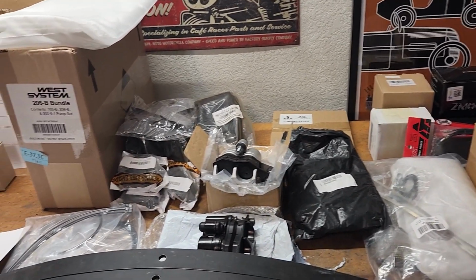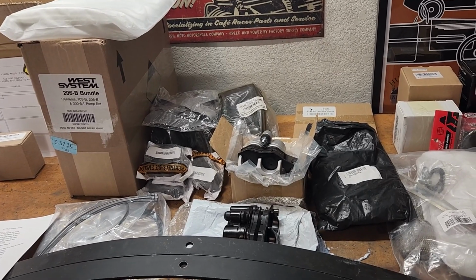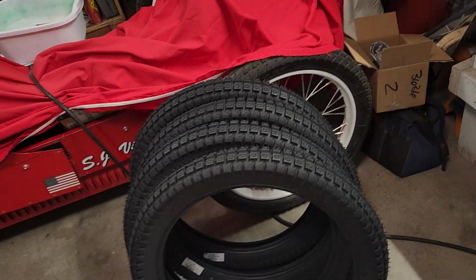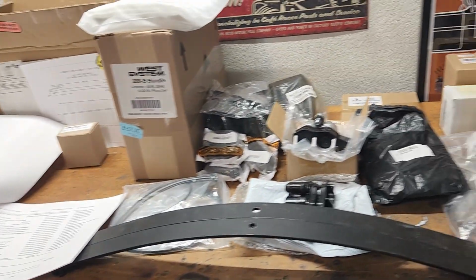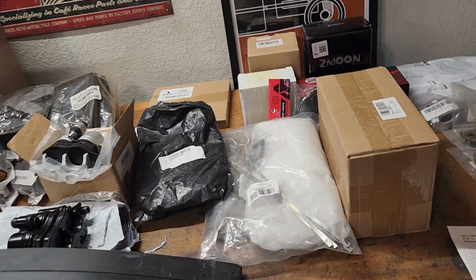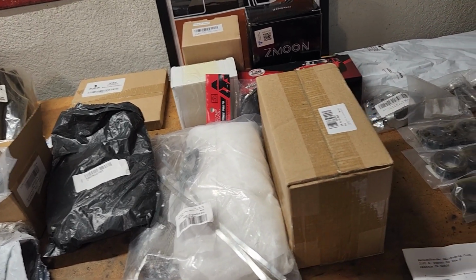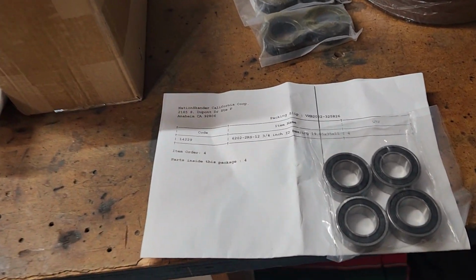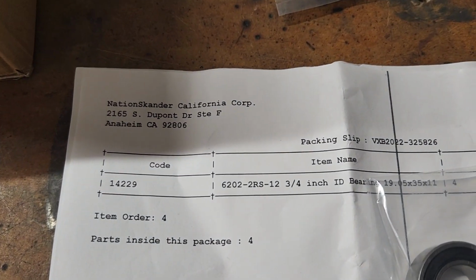I did have to buy a couple things, just because for some reason Amazon doesn't let you gift things like tires, which I don't quite understand, so I went ahead and bought those. Their gift app is great, but it does have a couple shortcomings. You can't give everything that's on Amazon as a gift. And I had to buy these bearings from a supplier. So the bearings for the front wheels,